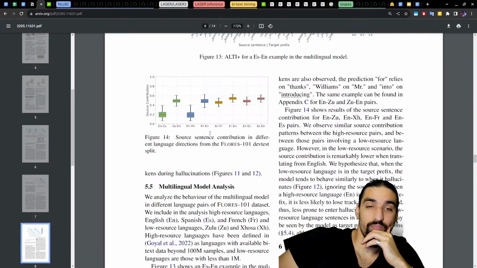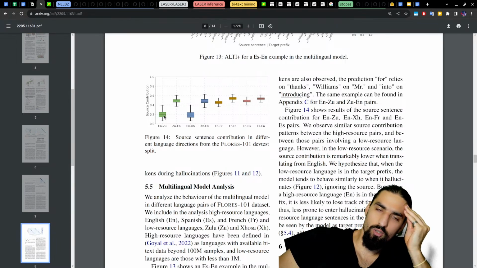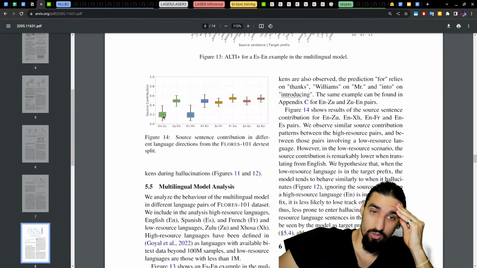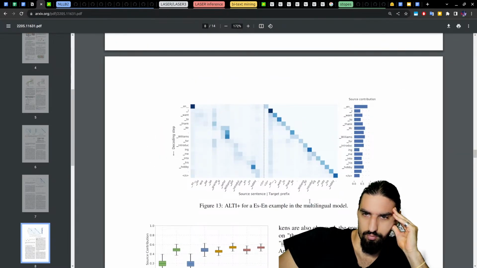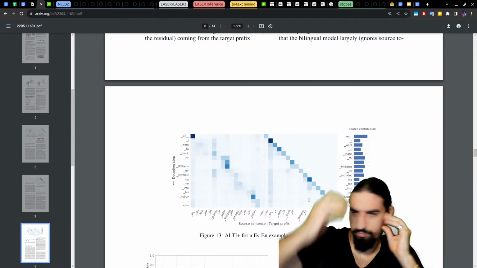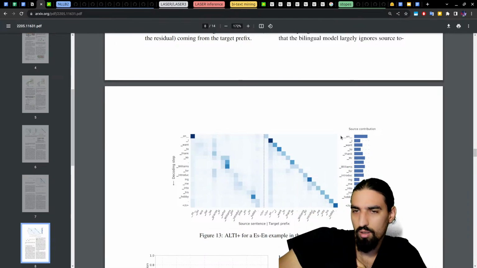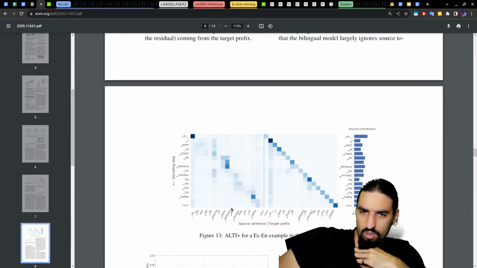Okay. How do they get the actual number? Is that just, I guess, average across tokens or whatnot? Okay. English, I want to thank for introducing me to hobby. So English contributes the most. To what? Wait, this is completely confusing. Isn't this the source? So this is the source sentence in Spanish. And then English